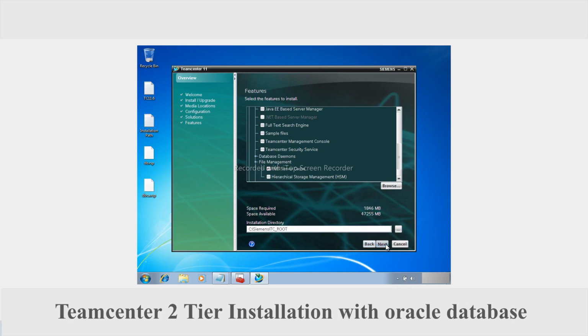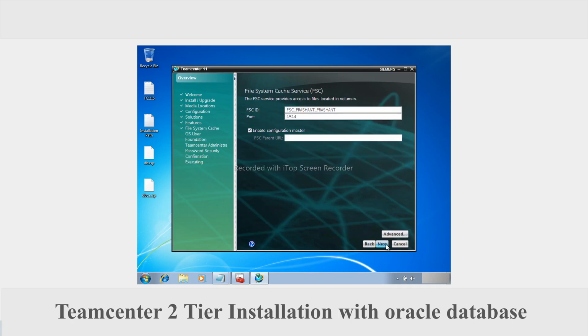Next. Now FSC is configured automatically. See how FSC is configured. Okay,